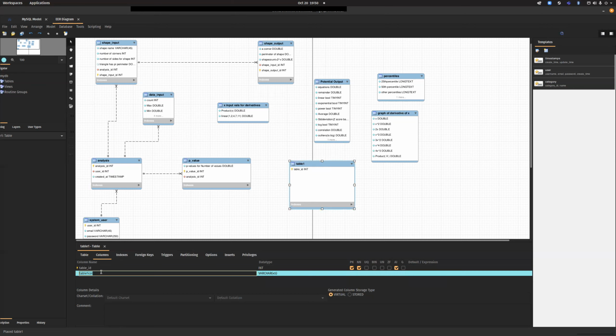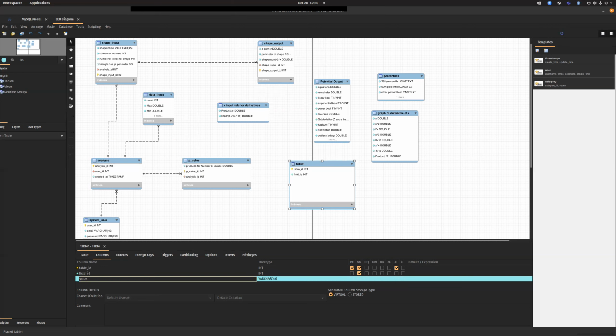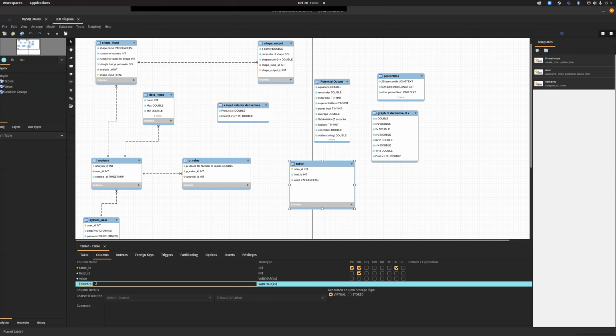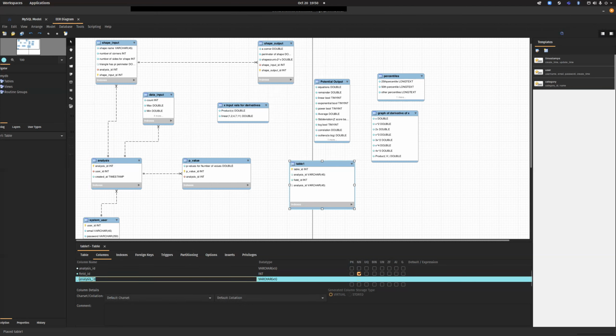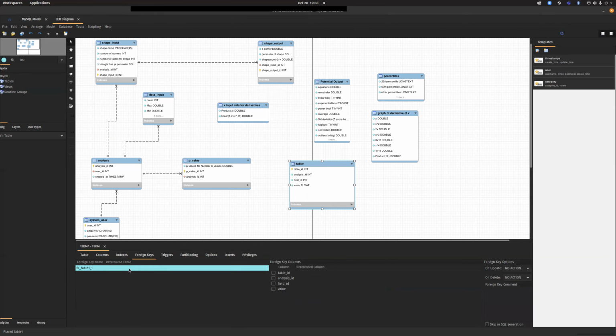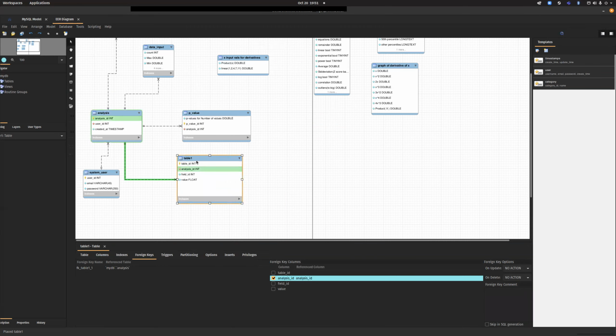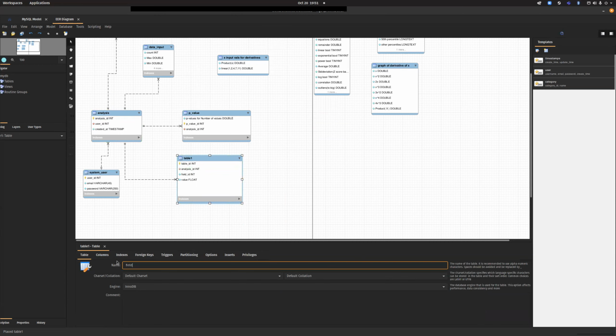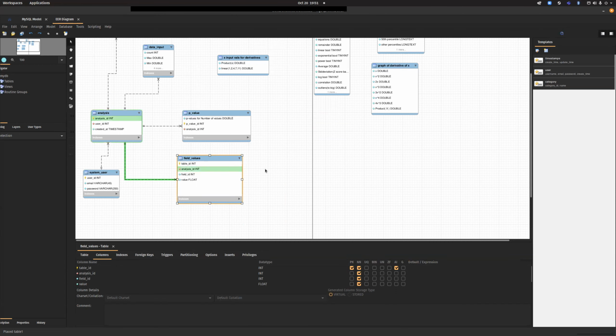We have a field ID and then a value, and obviously we want to connect this to, really, and I'm going to call this field values. We can have field values and then